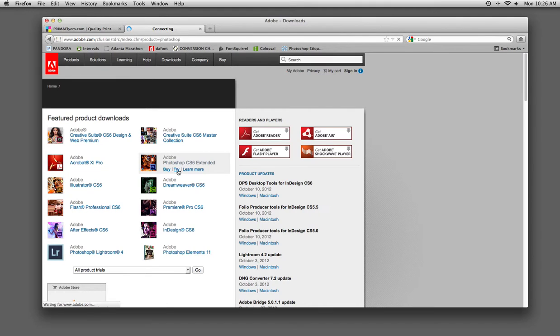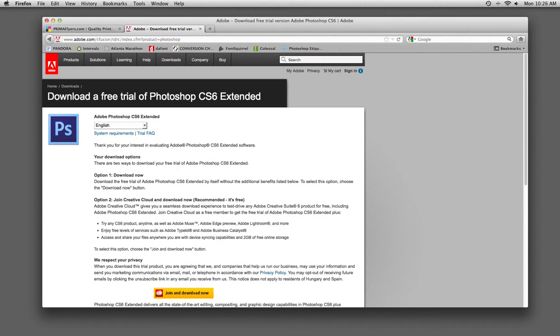You will then have two options of downloading. You will want to discard the second option and click simply the